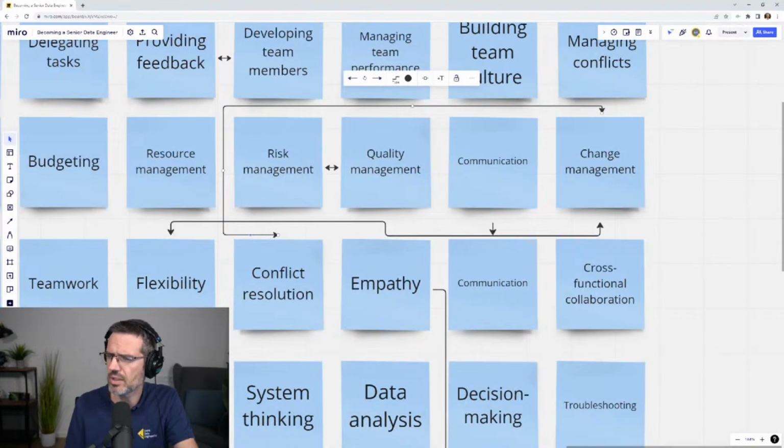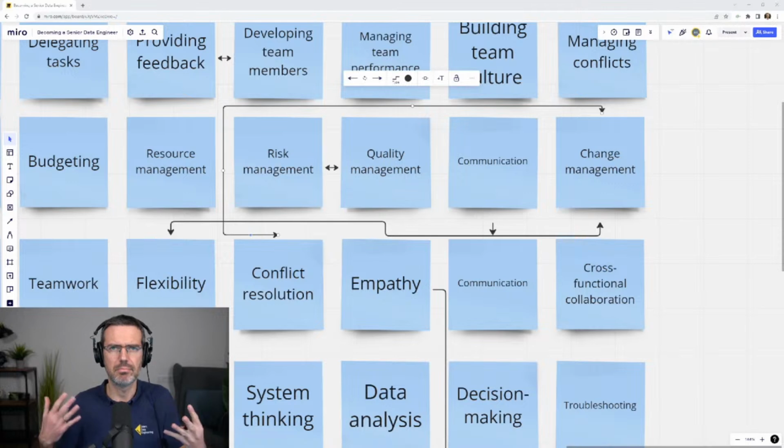Again, then we have communication, express ideas, communicate. A senior data engineer should be able to communicate effectively with others and express their ideas and opinions clearly and succinctly. I don't know what succinctly means. Like, you need to be clear and straightforward with your ideas and share them willingly.